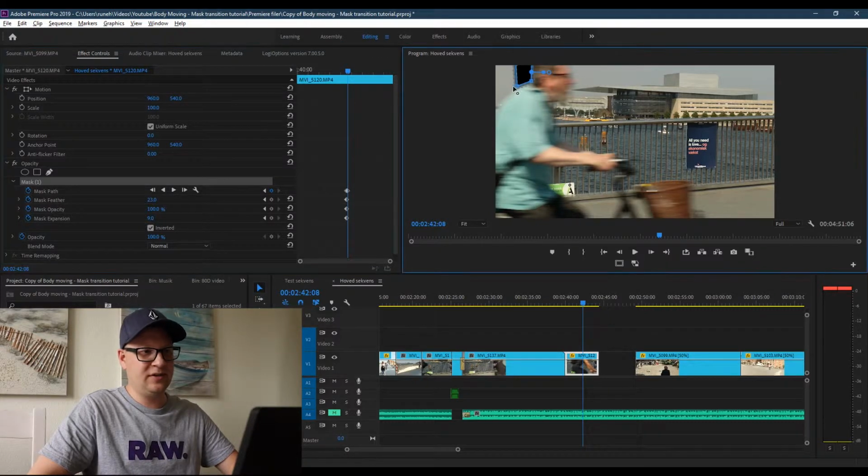Then you need to expand your mask out, and what you can do is you can simply drag it to this corner here, and I have my pen tool selected, so I can just left click here, and then I can adjust this so it fits to this guy's back. And I'll put another one here, and then I actually just hit the select mask forward one frame.